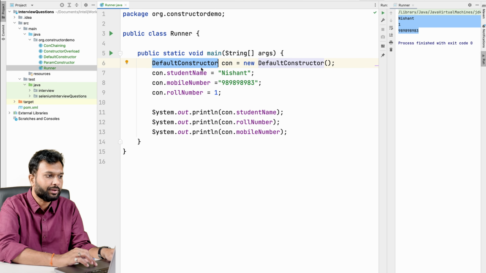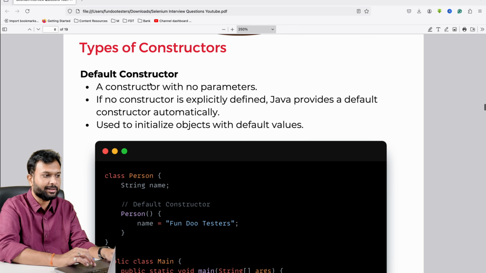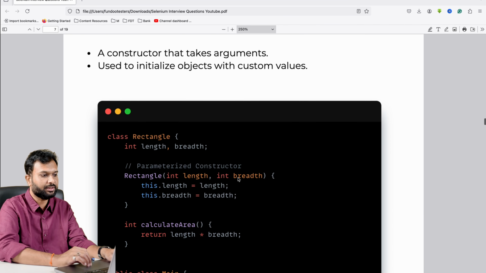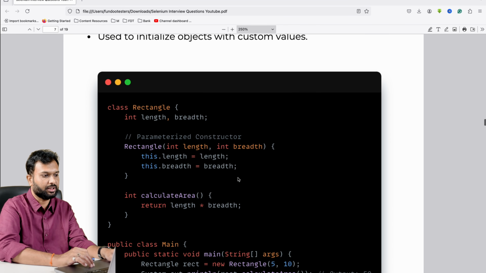And now we have seen one type of constructor, which is the default constructor. There is one more, the parameterized constructor. For example, we are passing a parameter to the class. I have created another class, a parameterized constructor, and defined two variables, length and breadth. Let's say I want to calculate the area of a rectangle. So I'm passing these two parameters, length and breadth, and whenever I am calling this constructor,